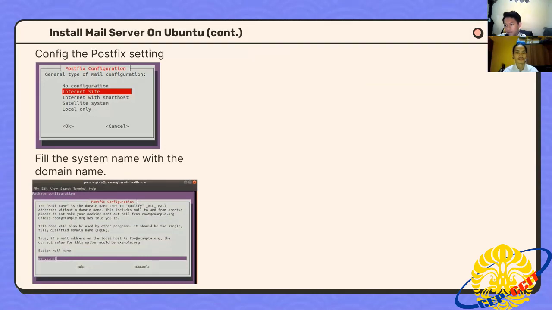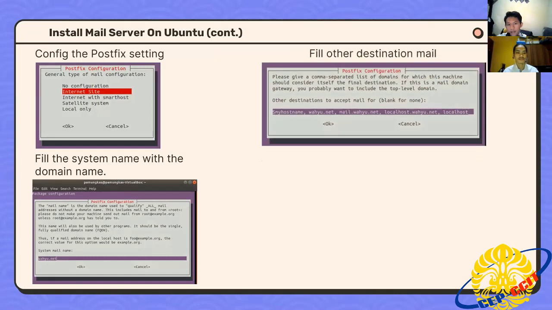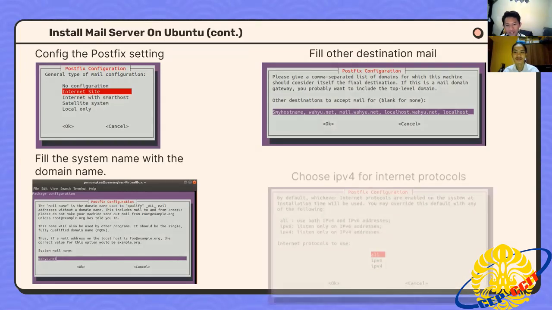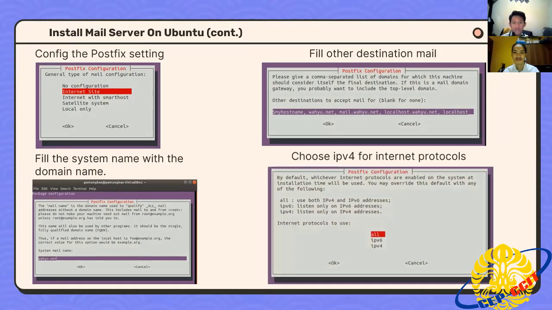In this case it is wahyu.net, and fill other destination mail. In the settings, actually, we can use the default settings, just next and OK to the next configuration, and we choose IPv4 for internet protocols.